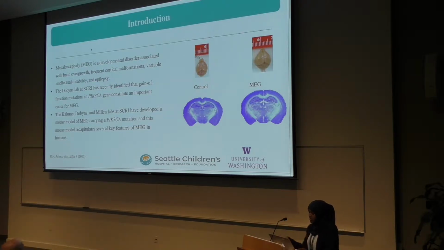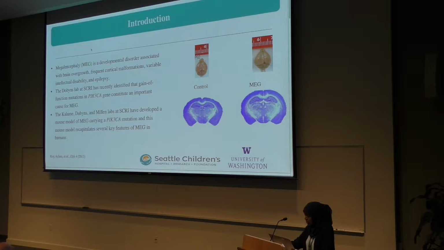So, megalencephaly is a developmental disorder associated with brain overgrowth, frequent cortical malformation, and variable intellectual disability and epilepsy. The Dobbins lab at SCRI has recently identified that gain-of-function mutation in the PIK3CA gene constitutes an important cause for MEG. The Kalume, Dobbin, and Milam labs at SCRI have developed a mouse model which recapitulates all the human features of MEG. PIK3CA is a gene in the mTOR signaling pathway